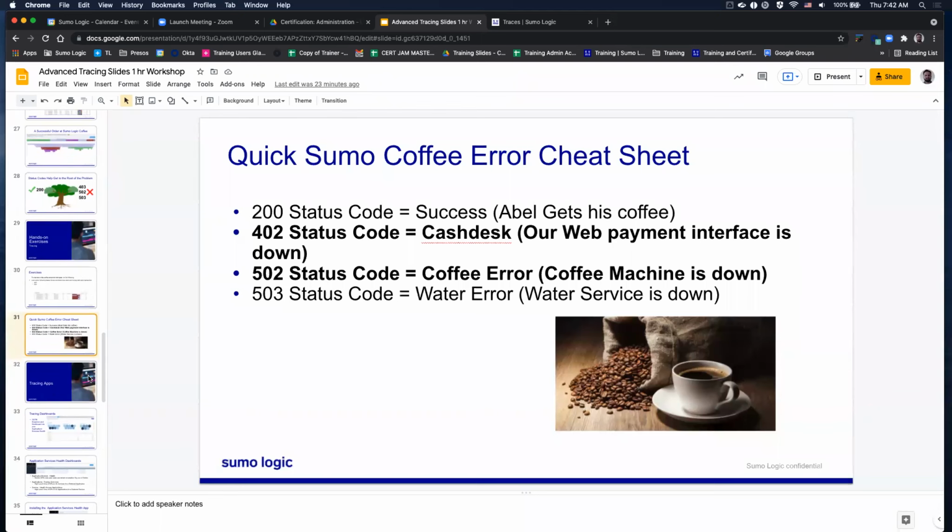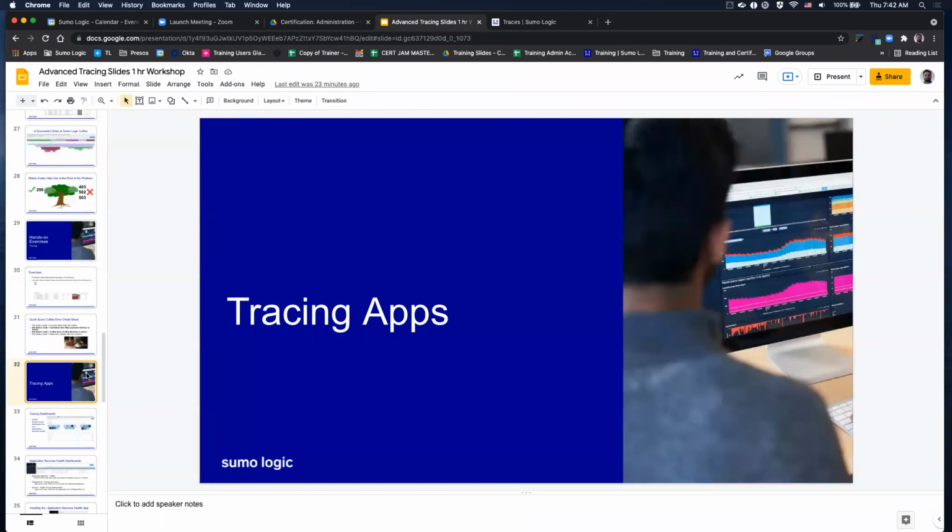All right, tracing apps. I think I talked about apps. I talked about the benefit of them, and a little bit of a surprise to me, we're going to show them as well. So hopefully you're familiar with the importance of apps in Sumo Logic. I really hope so. It's really one of the better, well, the many benefits